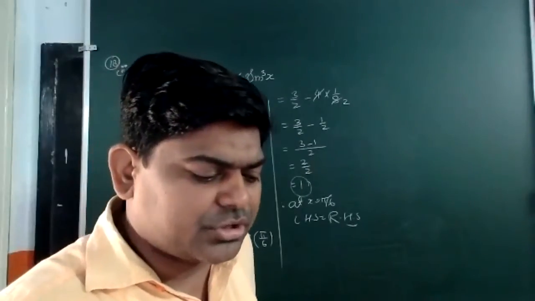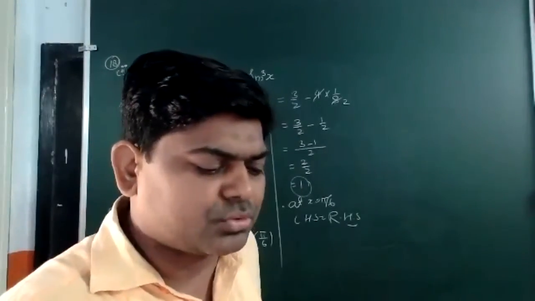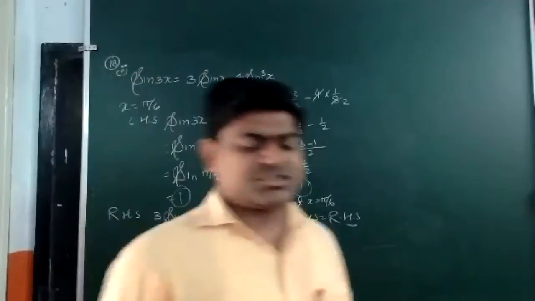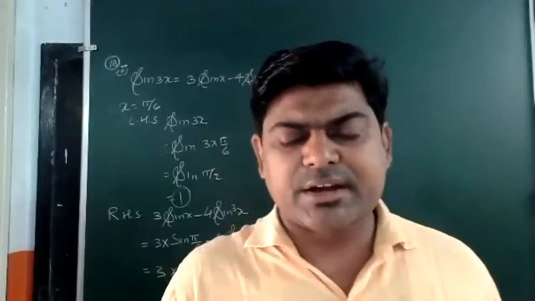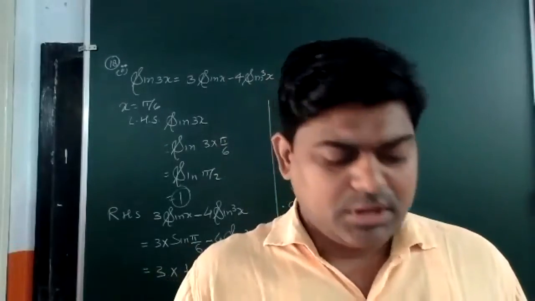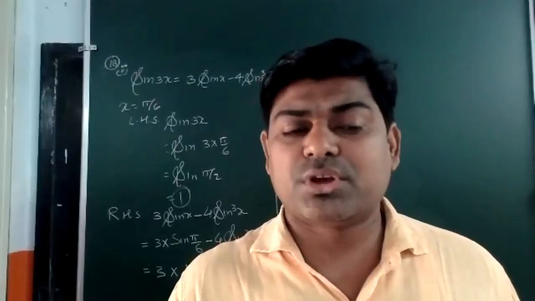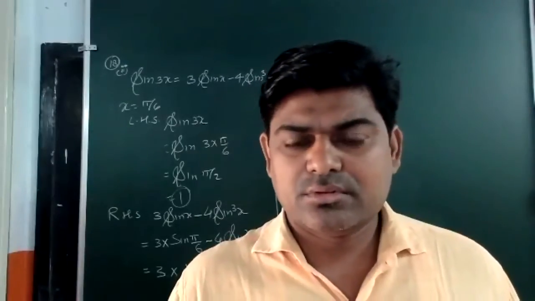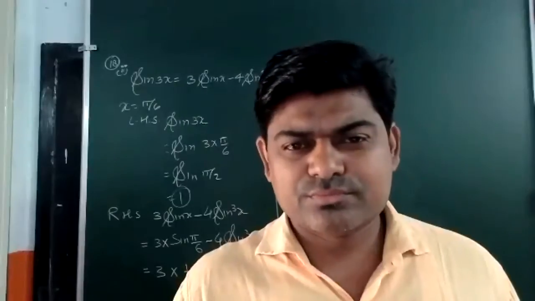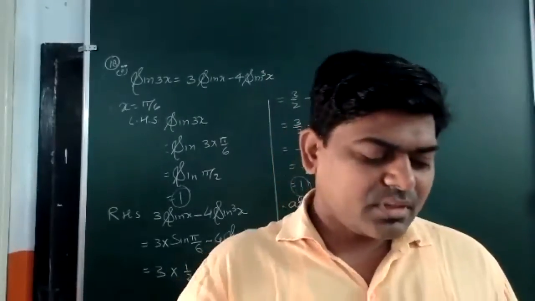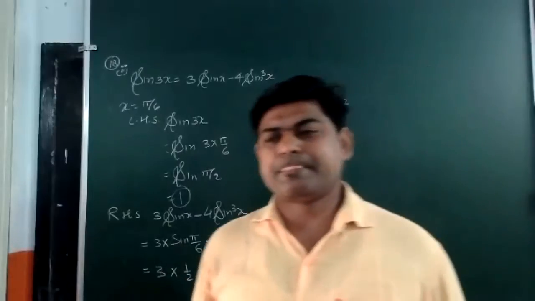In 19 also there are two parts and we have to substitute the value of x and y, and then we will check whether the given conditions are correct or not. Here it's written that the not equal sign is there. It means the left hand side should not be equal to the right hand side. So what I'm thinking you can do. Now move to question number 20.